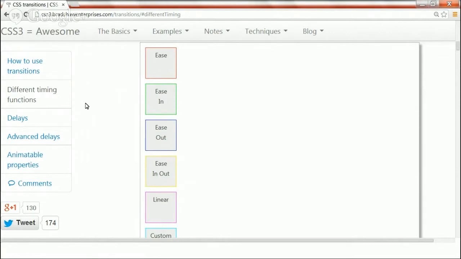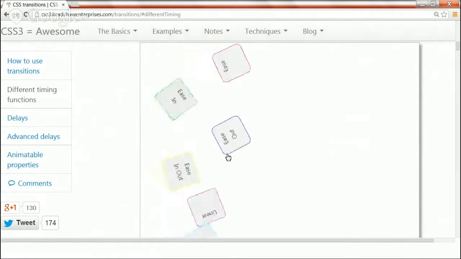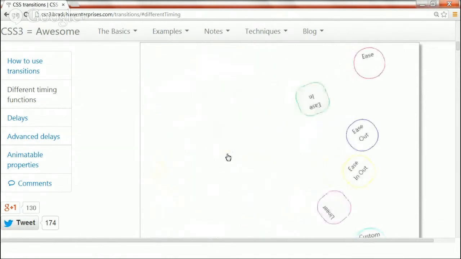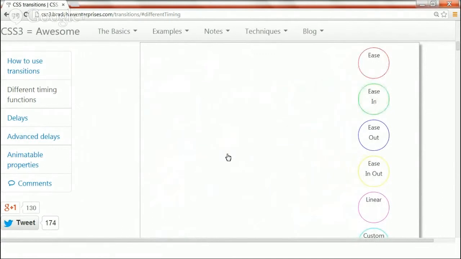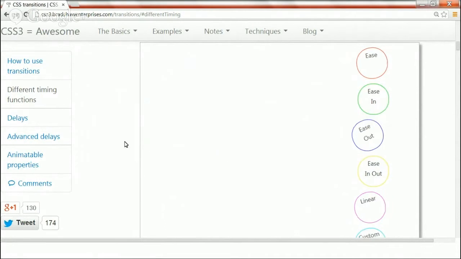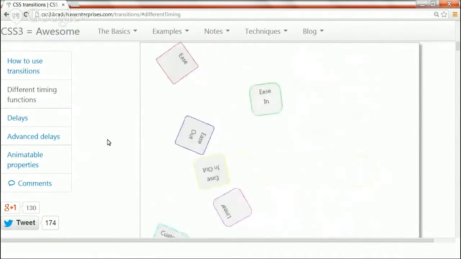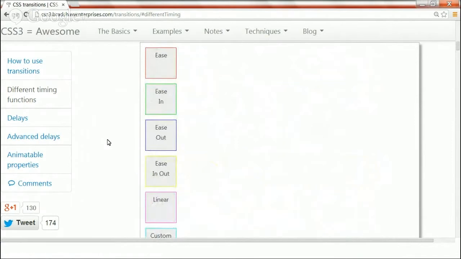Linear is the steady speed curve. So in this, the animation will be steady throughout. So let's move to the animation, and then let's hover over this container, and you see the animation on these boxes. Just focus on the speed of these boxes. Boxes have moved from the left hand side to the right hand side, and they have changed their shape to a circular one. So the difference in the speed of these boxes is due to the transition timing function property.